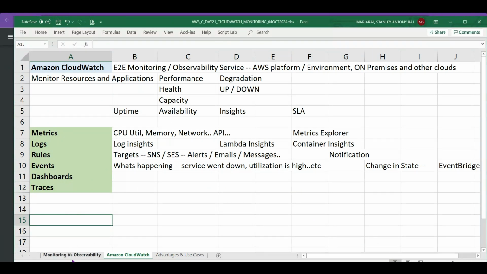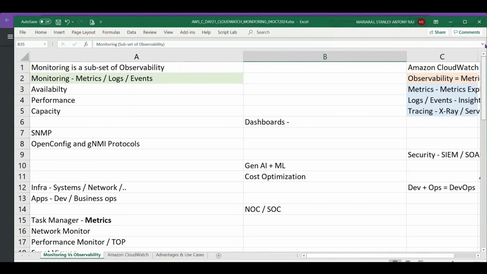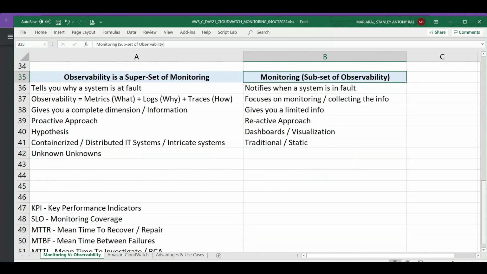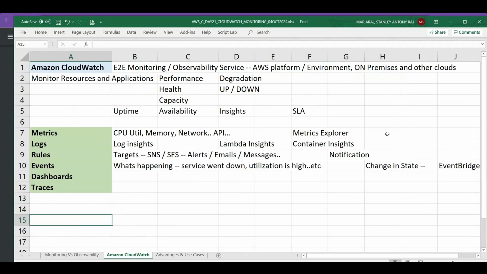Yeah, so we were discussing what is the difference between monitoring and observability, and then we also discussed how we can monitor using Amazon CloudWatch, right? What is the tool all about? So Amazon CloudWatch is an end-to-end monitoring and observability tool, which has got options to monitor AWS systems, and also you